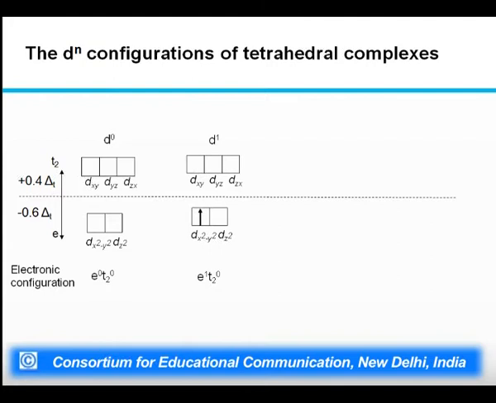In the option where dz square has that unpaired electron in an anti-parallel spin, there would be a loss of exchange energy. So, the configuration which is energetically favorable for d2 is where the electron is present in dz square with a parallel spin, giving you a configuration of